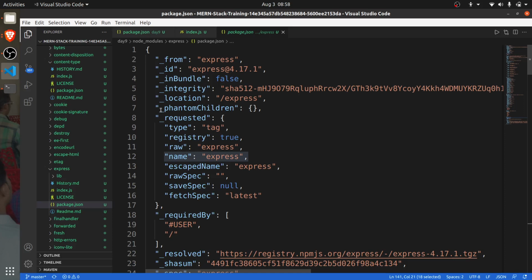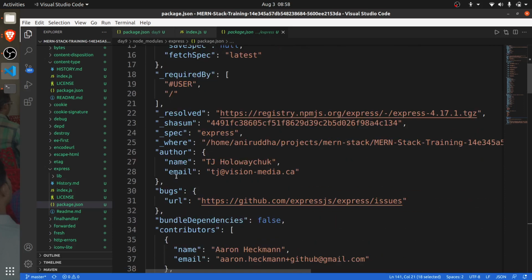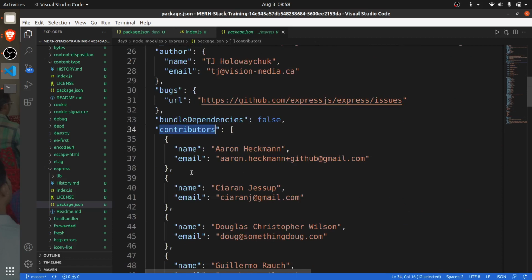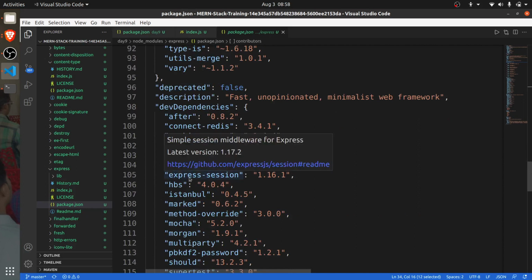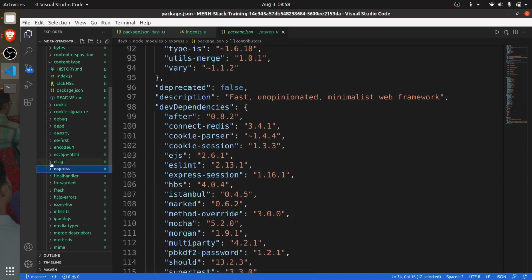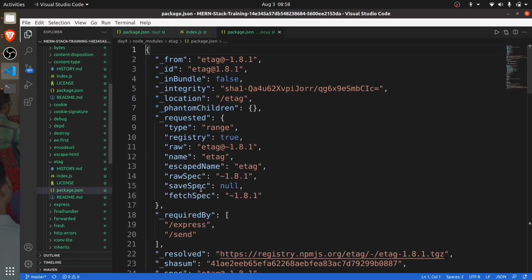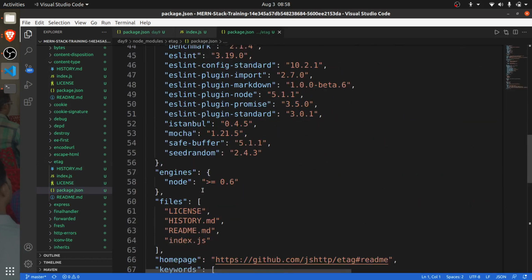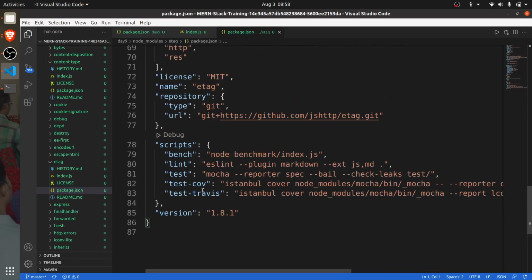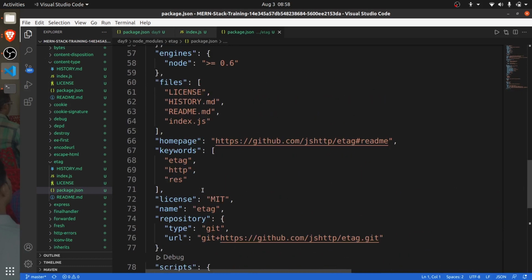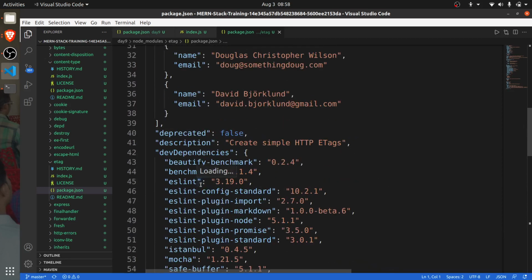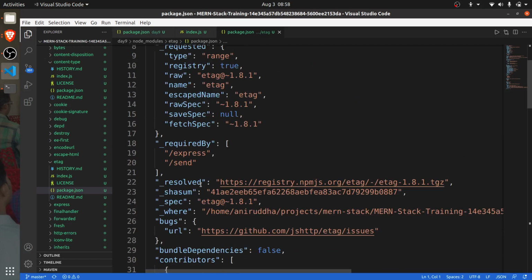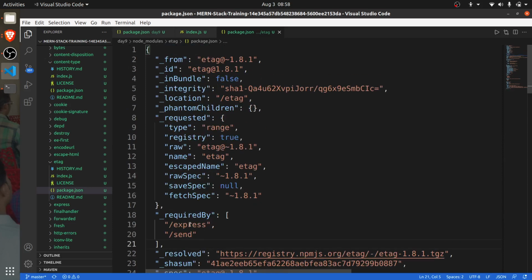So these things you need to add at the time of npm registry. This contributors list is getting reflected over there. See, everywhere you can see required by express and send, meaning express is using this internally.